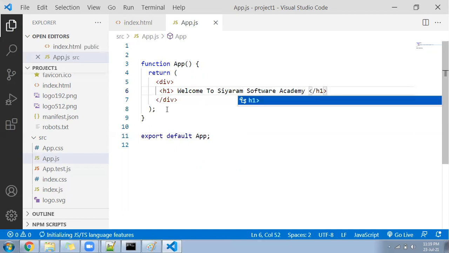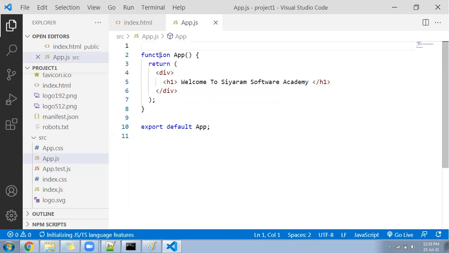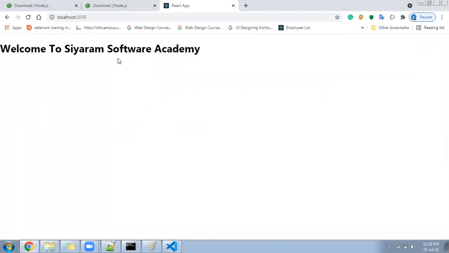Now we need to see whether this content is really going to come in the browser or something else. See, look at here, which file I modified. I went to the app.js file, and inside the app.js file, I deleted everything. I kept just one division, and inside the division, I kept an H1. And under the H1, I have written welcome to CRM Software Academy. Let me look into my browser whether this data is going to come. See, awesome. It's saying welcome to CRM Software Academy. That means this is the file that was executing.